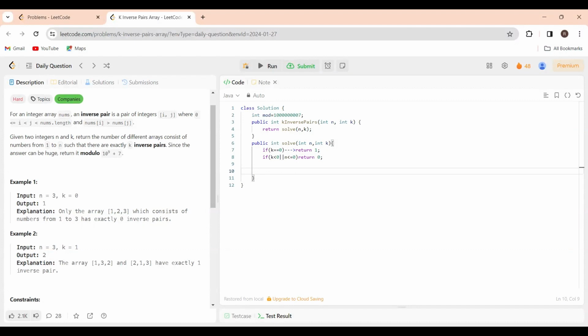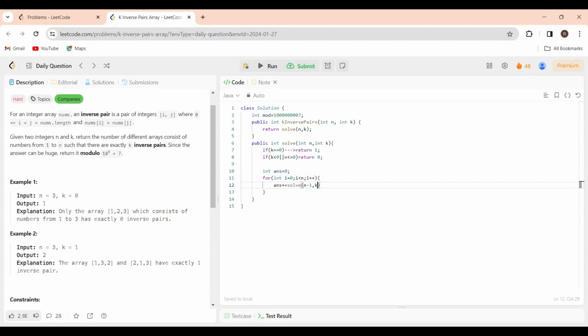Or else we are at a valid case, so we need to find the number of permutations of the array where there can be k inverse pairs. We need to check whether with n elements we can make k inverse pairs or not. For that, we need to take an answer variable which will calculate the answer, and run a for loop up to n, and answer plus equal to solve of